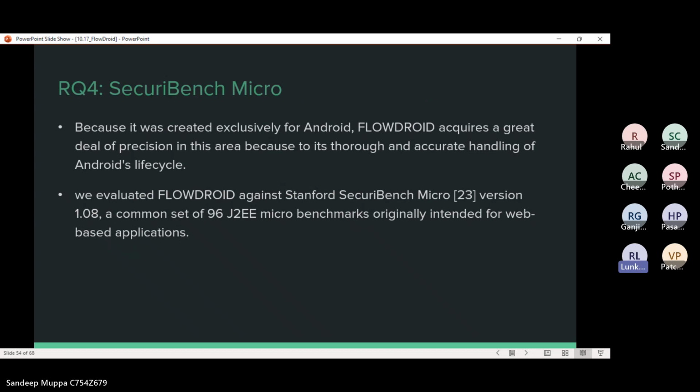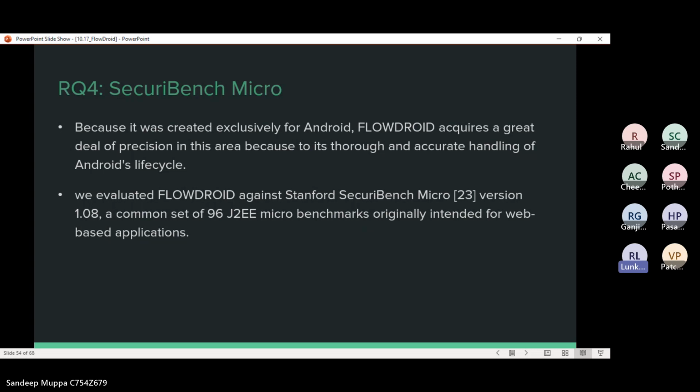On question four, which was basically on the SecuriBench Micro, this was created for Android, and what was found was that it had precision in the Android area, because it's thorough and accurate in handling Android's life cycle. That was really a good positive point.